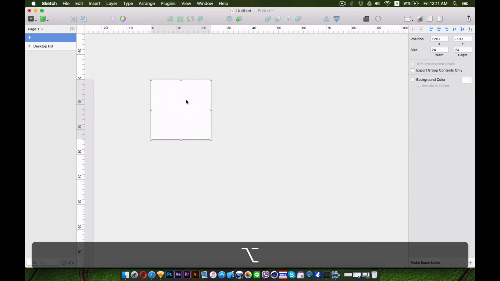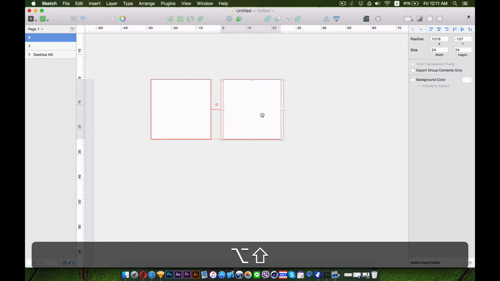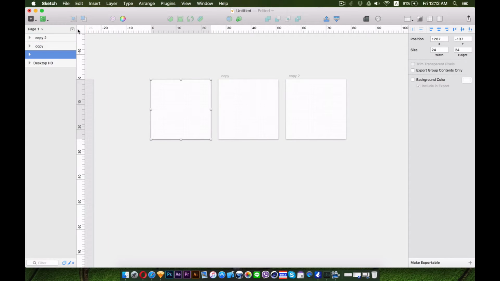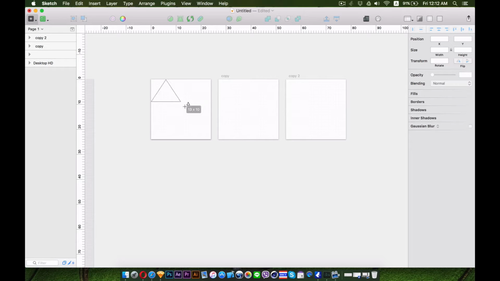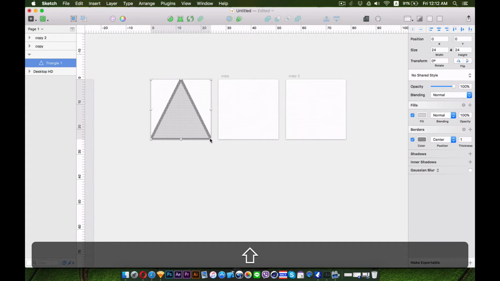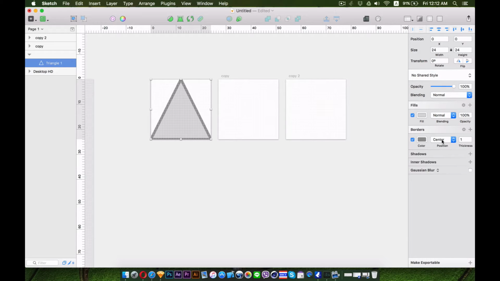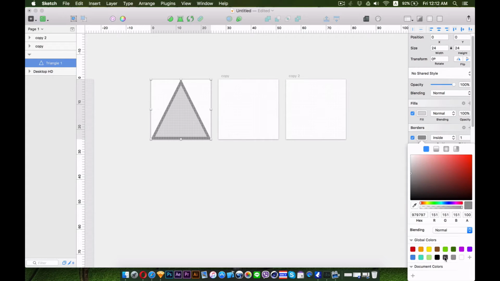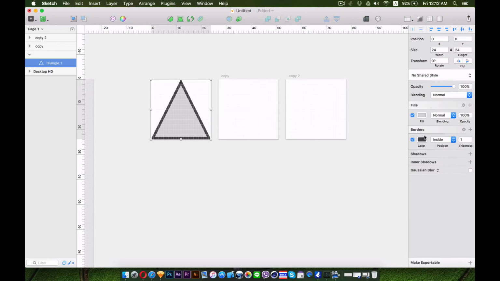Now just hold Option and drag to copy the artboards. Now we're going to make a back button by drawing a triangle, shift and drag, and instead of center we make the border inside, right? And then we're going to change the color to a little bit darker right here. Perfect. And now we're going to remove the fill, and we make the button point backward by rotating it